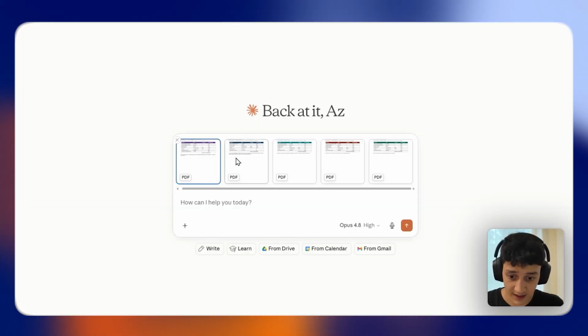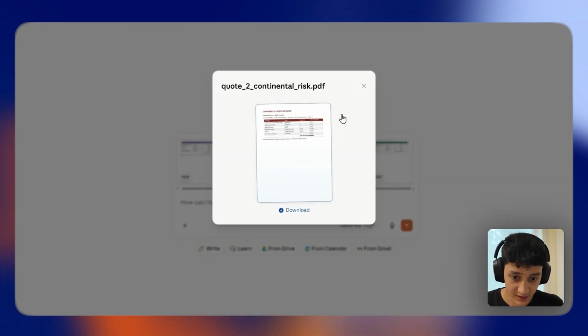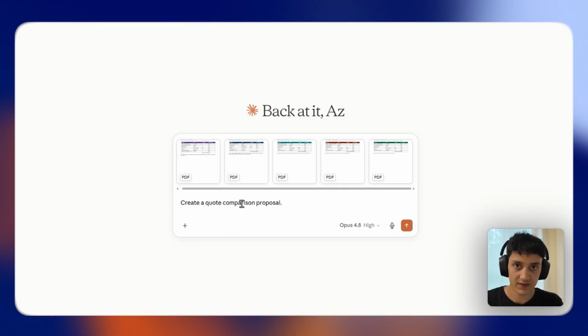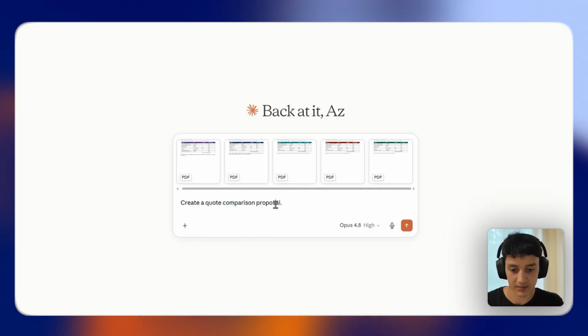So as you'll see here, I have 5 different quotes uploaded, all from different carriers. So let's go ahead and tell it to generate a proposal for our client. And you'll notice that in all of these demonstrations, I only give Claude a few words besides just uploading all of my files here. And it's not that I'm lazy, but at this point, I realized that if I tell Claude to create a quote comparison proposal, it's going to go ahead and match that with the exact